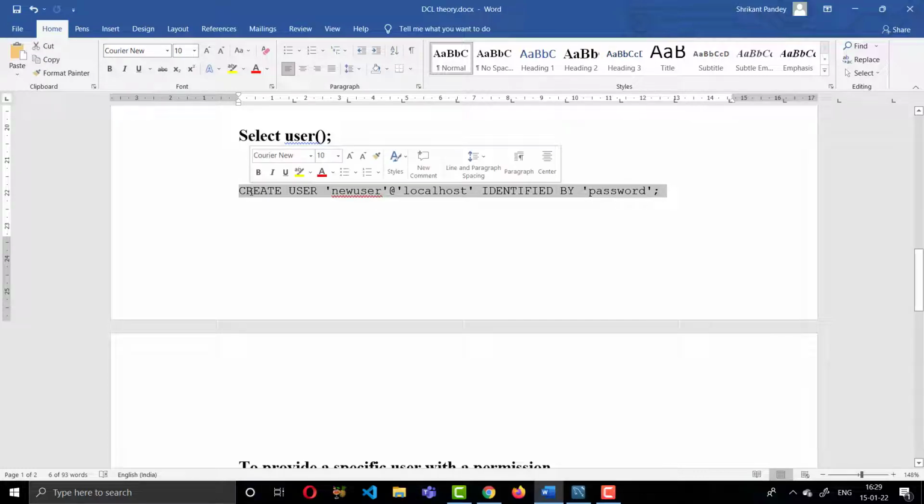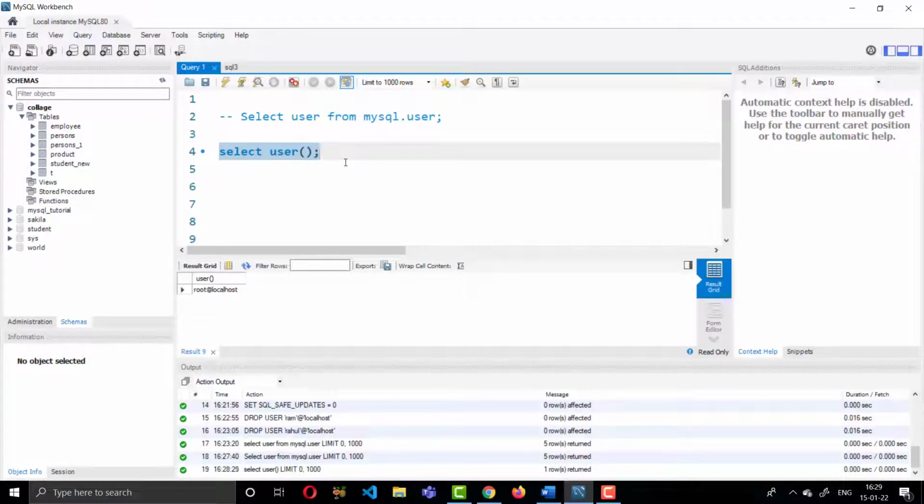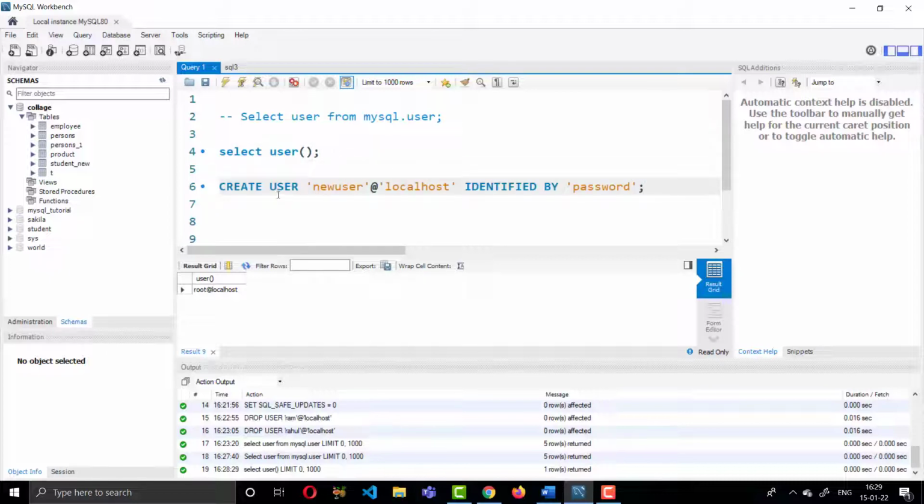Let me copy this here. Suppose I am creating one user, ram@localhost, identified by the password ram123. Select this portion and run.